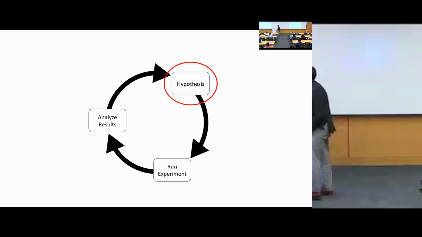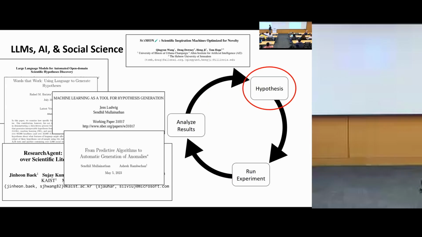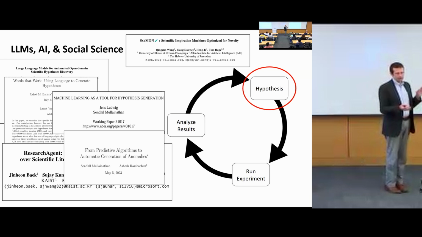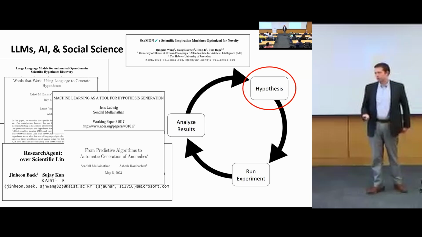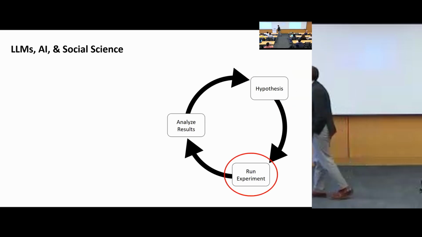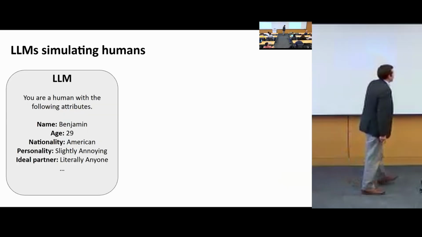There's been a lot of work, I would say, focused on this hypothesis generation step. There's a whole bunch of papers saying, hey, is there some way we can take data that we have and detect anomalies and come up with explanations? A lot of work in this space. There's been relatively less, but a growing body of literature focusing on how we actually run something that looks like experiments or does something empirical.